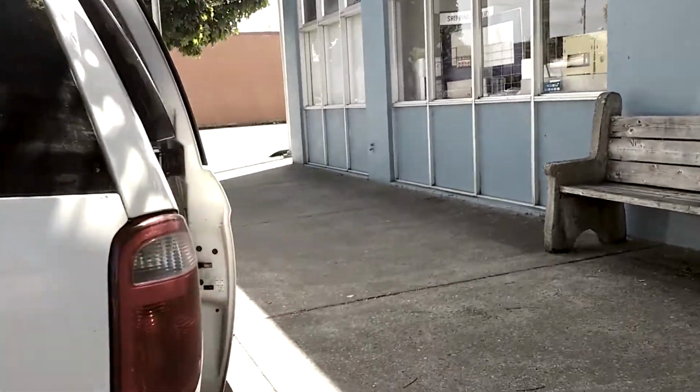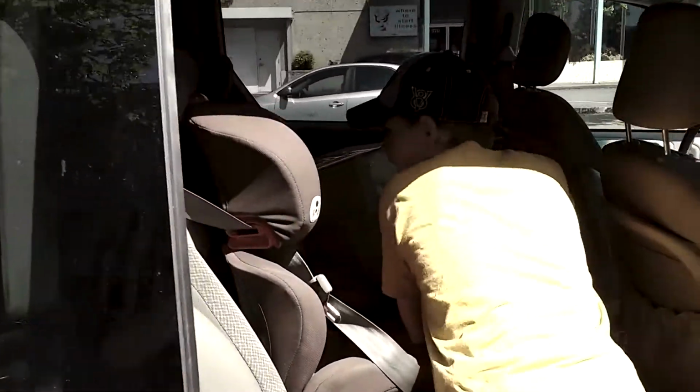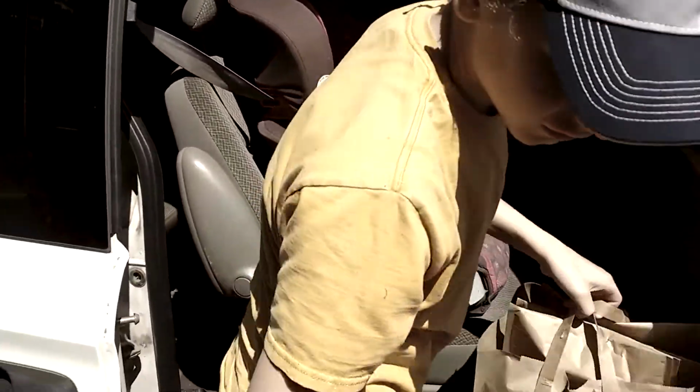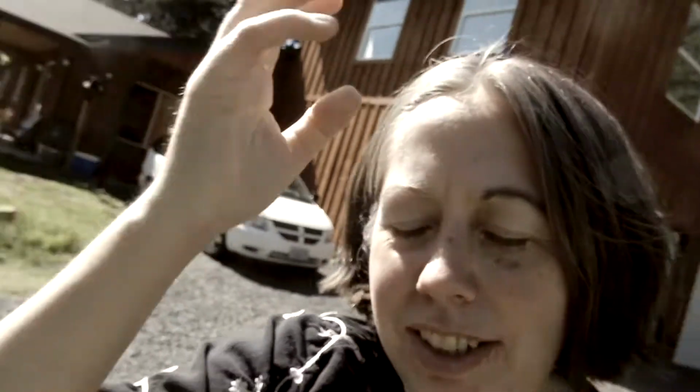Here. Time to get it out of the car. Right, in we go. We're back from the post office, and now need to water the greenhouse really quick. 4 o'clock in the afternoon's a little late to be watering the greenhouse, but